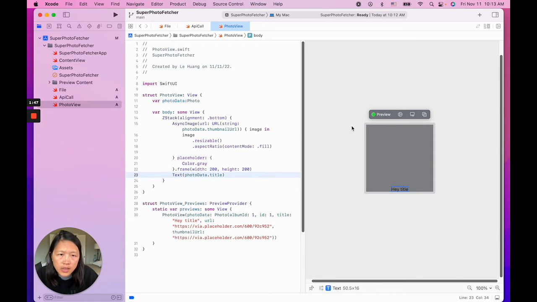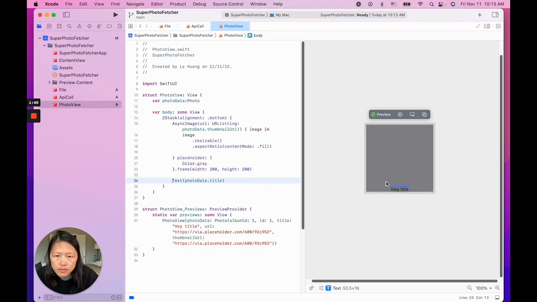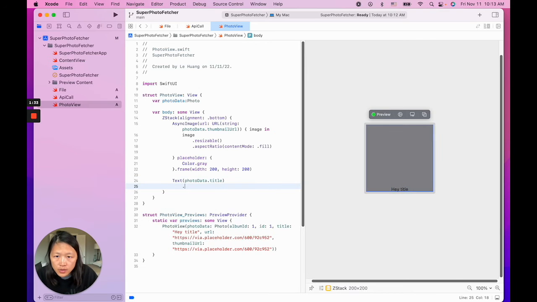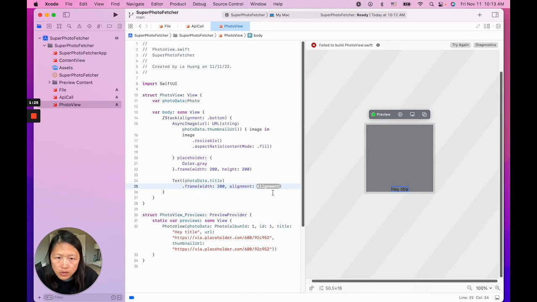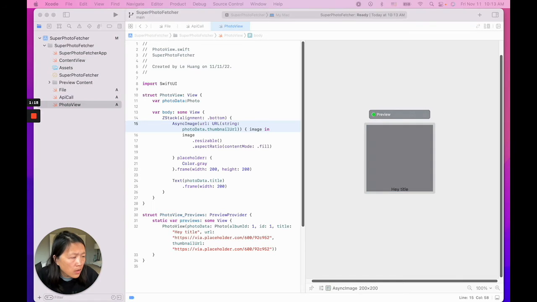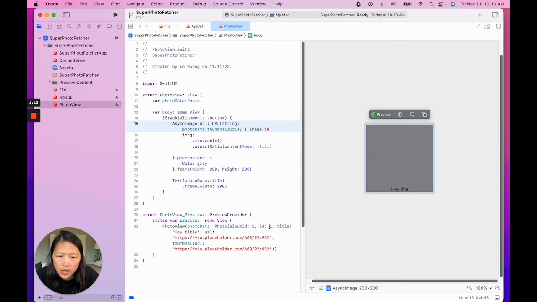Oh, so see, it's a square of 200 by 200. And then we want the title part to be 200 wide too. Frame 200. We don't need those. Okay. So it's not loading